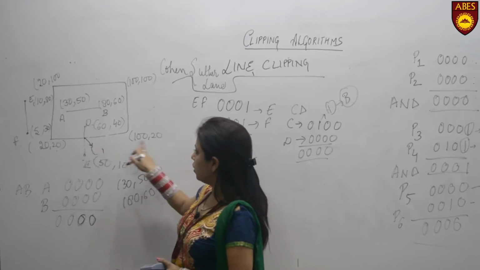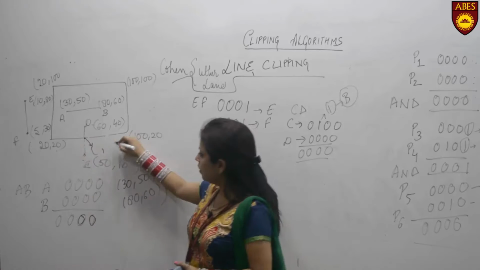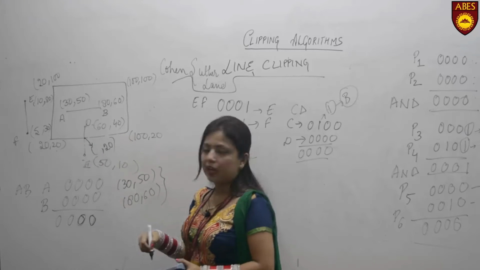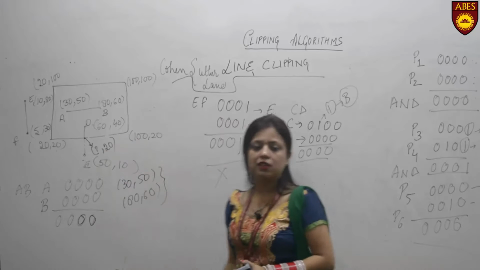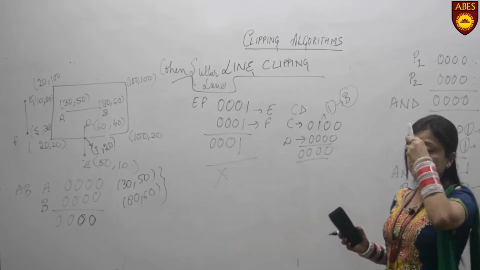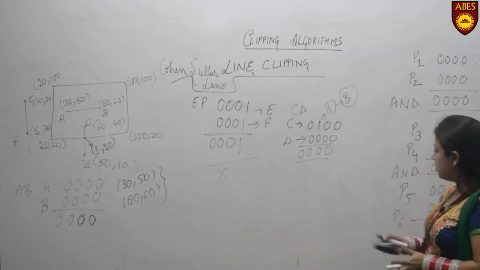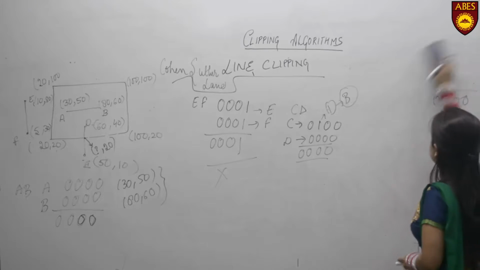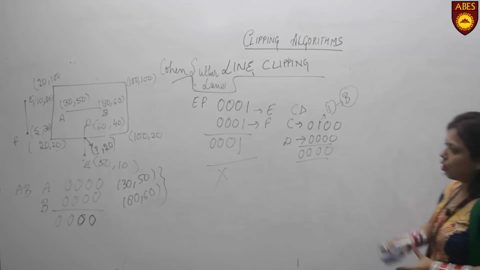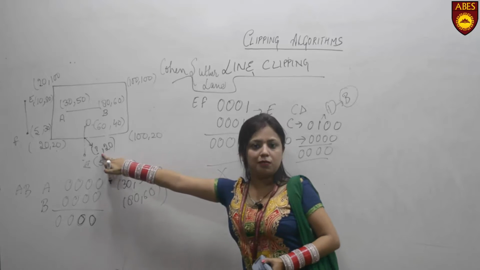So the value of y would remain the same along this line. So we can identify that the value of y is 20. What you just need to identify is the value of x. We need the coordinate values because when we do clipping, with the help of coordinate values only we can define the output of the image. Now the problem is how we will identify this particular question mark value.